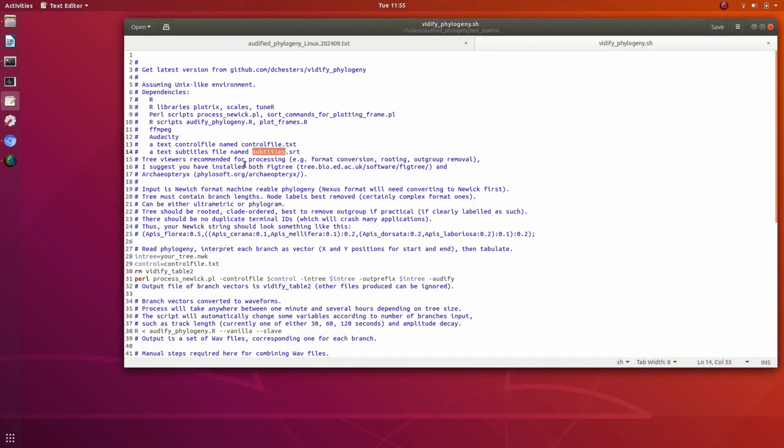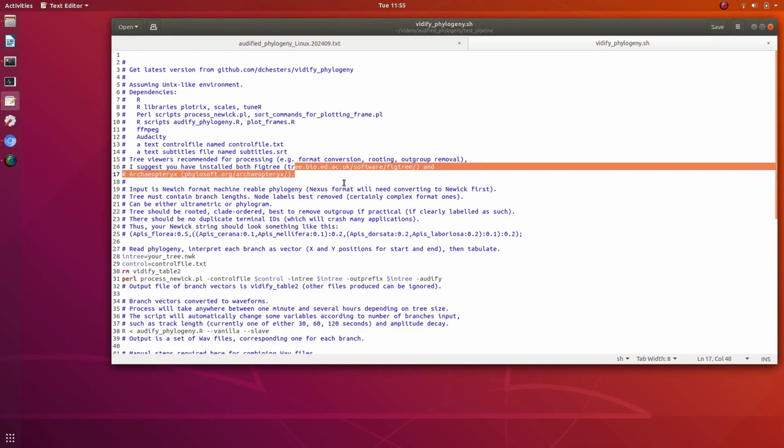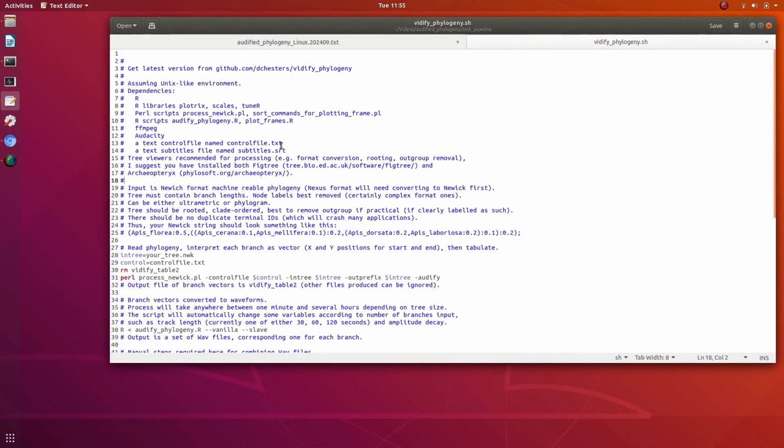Additionally, I would also recommend tree viewing software for doing various processing. Okay, so first thing is we need machine readable trees, phylogenies, to Audify. You may have one of your own you want to do, or maybe you